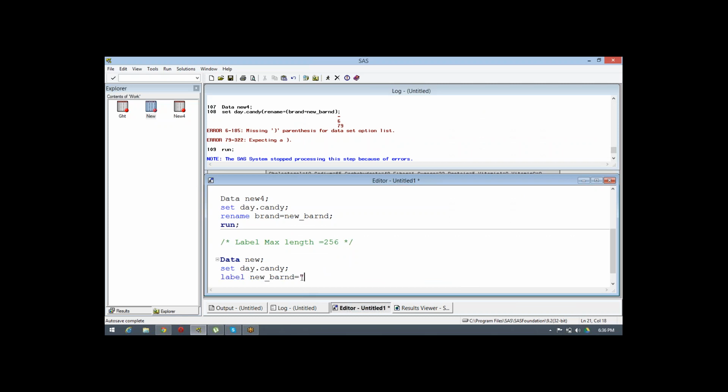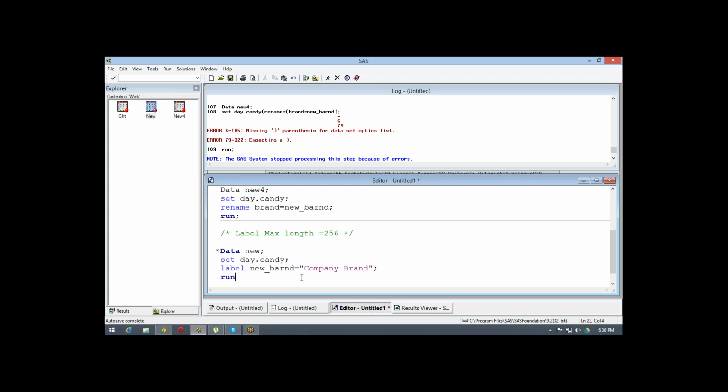Label always comes in double quotes, in quotation marks. And the size of the label you can keep up to 256. Company brand. Let's suppose I'm keeping a long one also.